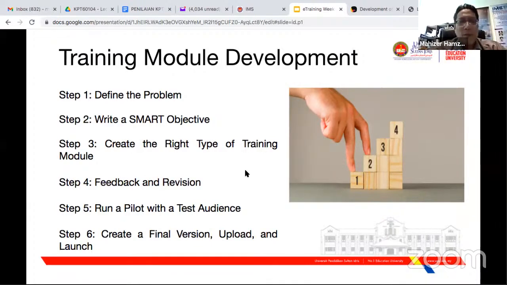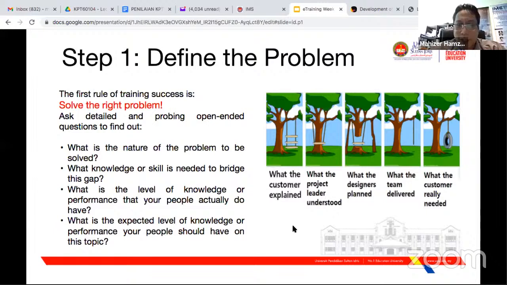Okay. First of all, of course, I think you still remember the diagram that we have here. How the customer, based on customer need, and then at the end of the day, what have you developed? Kadang-kadang customer memerlukan kita wujudkan satu letter tertentu, tapi akhirnya oleh kerana kita dah bincang pada minggu yang lepas, oleh kerana ada masalah komunikasi, maklumat yang diperolehi tidak lengkap, dan akhirnya kita menghasilkan modul yang salah ataupun e-learning modul yang salah. Okay, so the first rule of training success is solve the right problem.